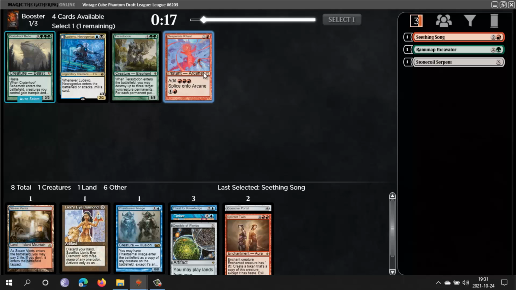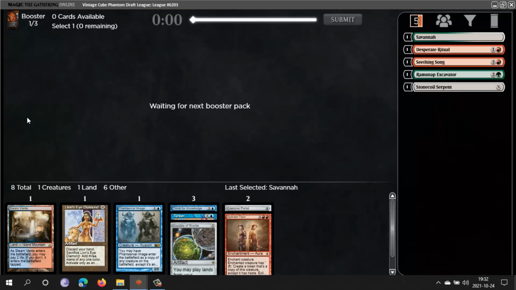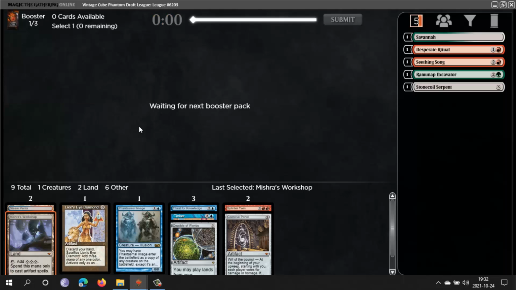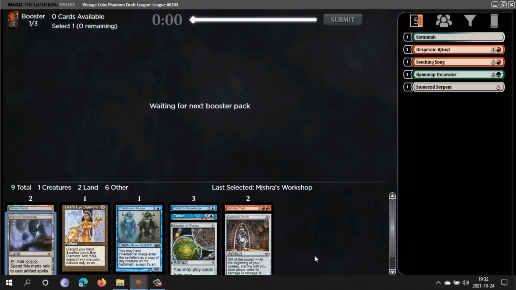Alright, take another Ritual. We could back into Storm maybe. Never playing that, maybe take the land. But it would be kind of bad because we passed Yawgmoth's Will and some. I think we passed some other Storm cards too. Workshop is potential. Put it here. I could go really heavy on artifacts and then it can be interesting. It's not good right now, but